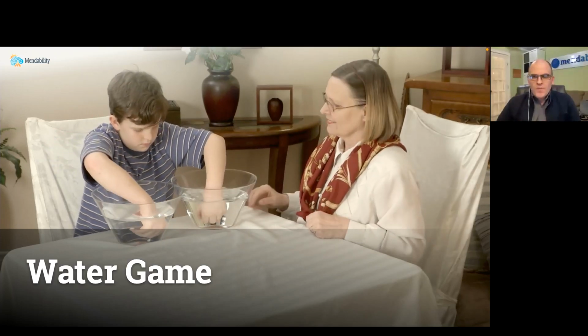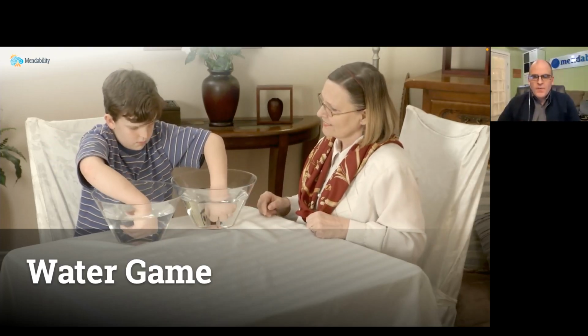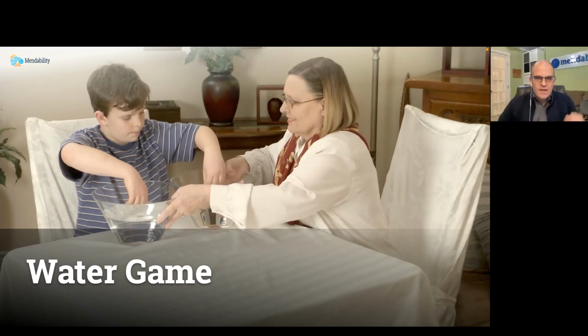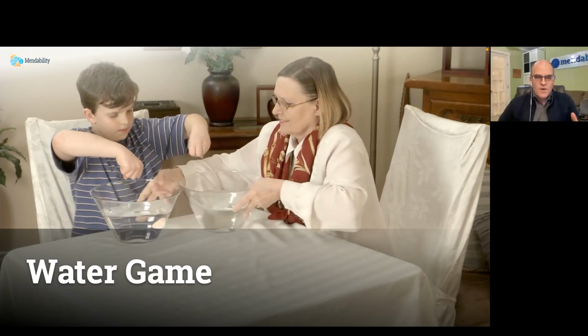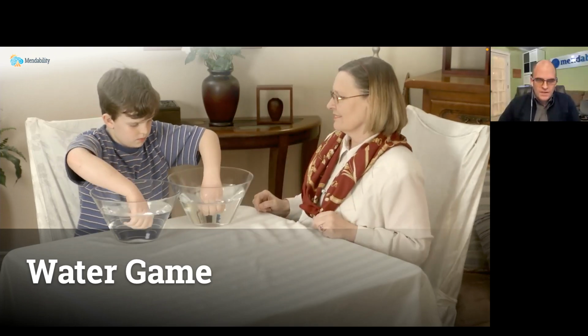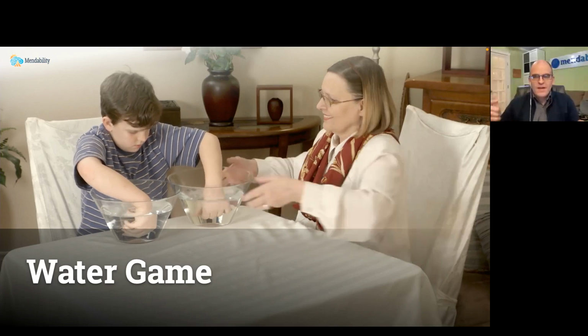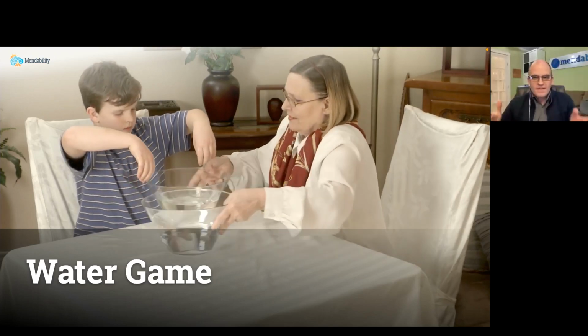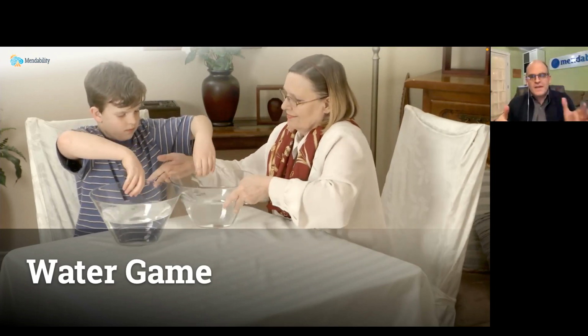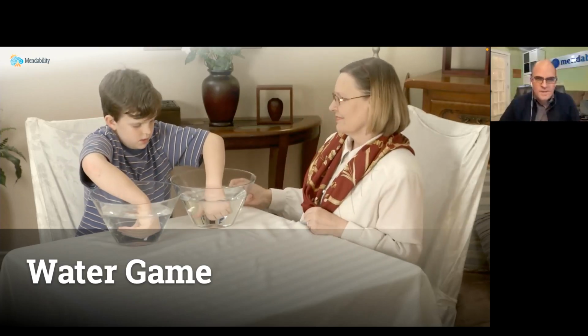With this game, when you dip your hands and the left hand has cold water, you're sending a cold signal from the left hand to the right hand side of the brain, because the right hand side of the brain processes the left hand side of your body, and the left hand side of the brain processes the right hand side of your body.